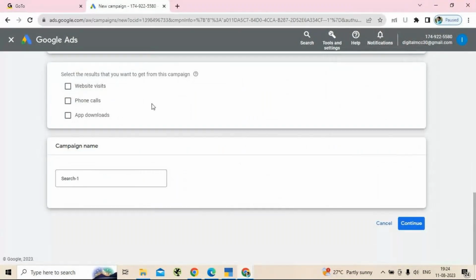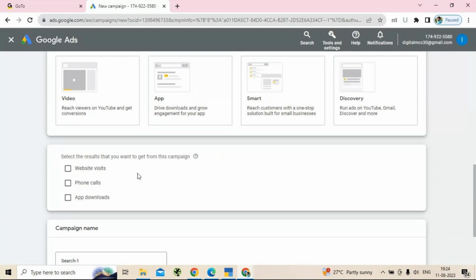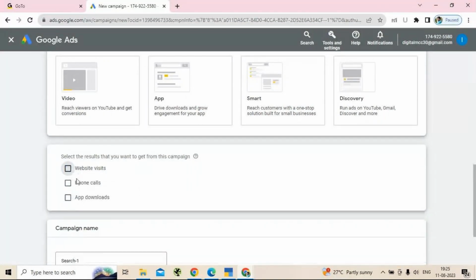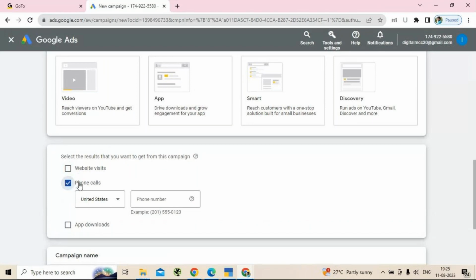So now I'm going to get the options over here asking whether you want to use it with your website address. The people should get connected through your website. So if you want them to get connected to your website, you can give your website address. In case you want the people to get connected through phone calls, you can give the contact number over here.